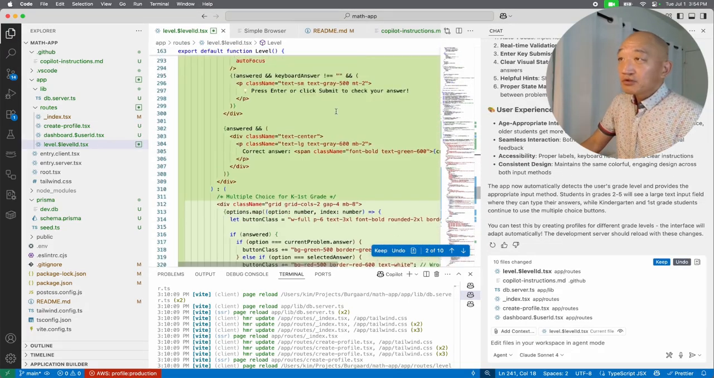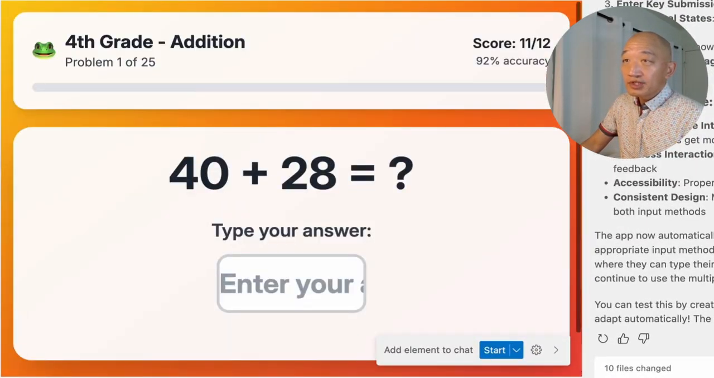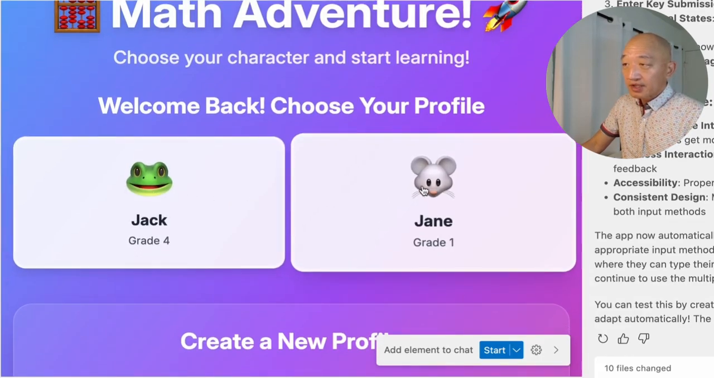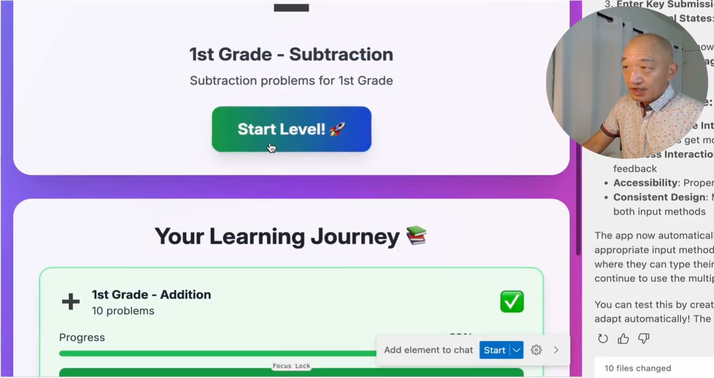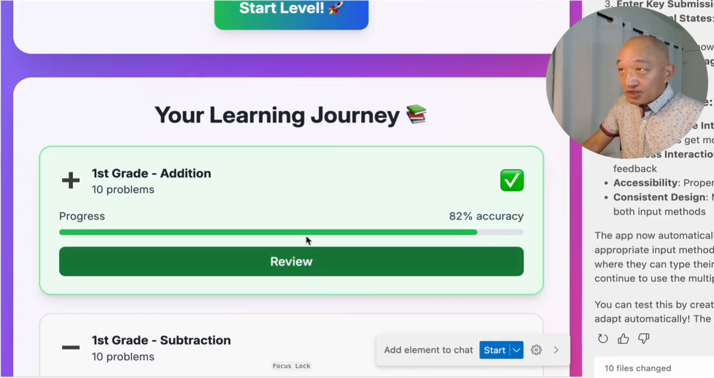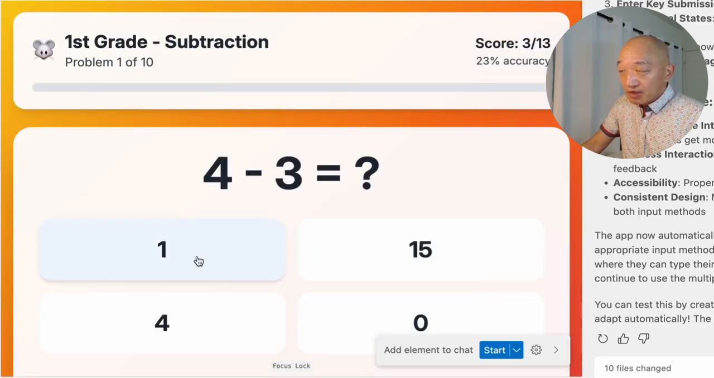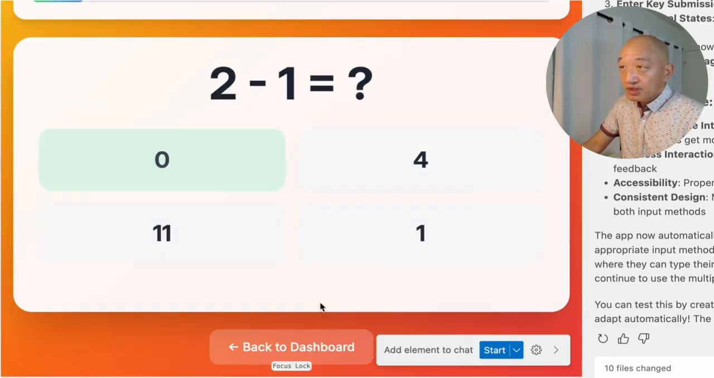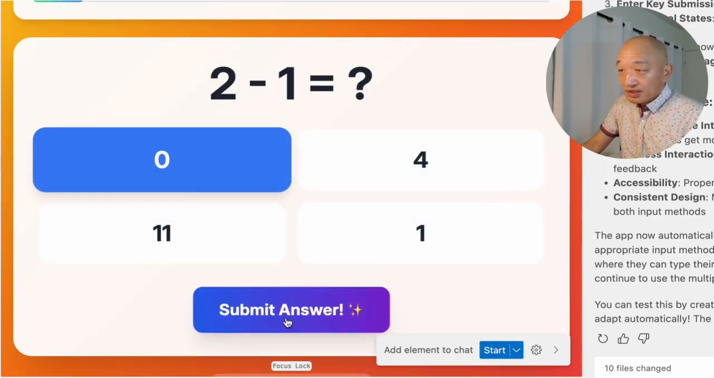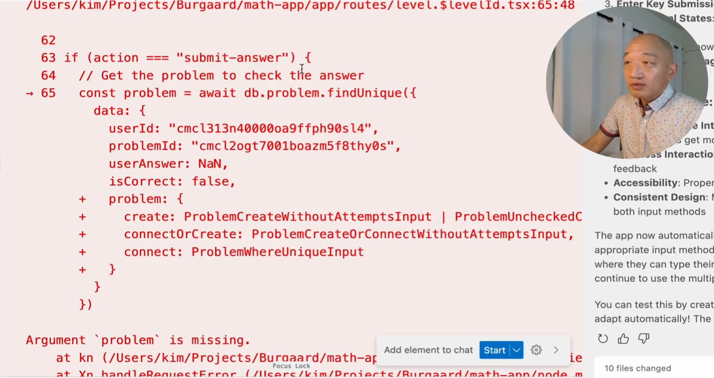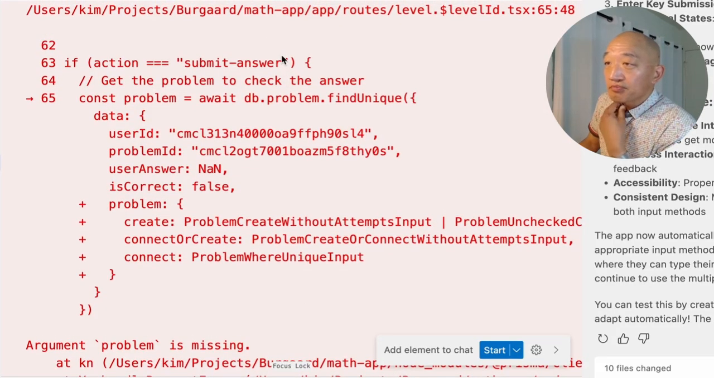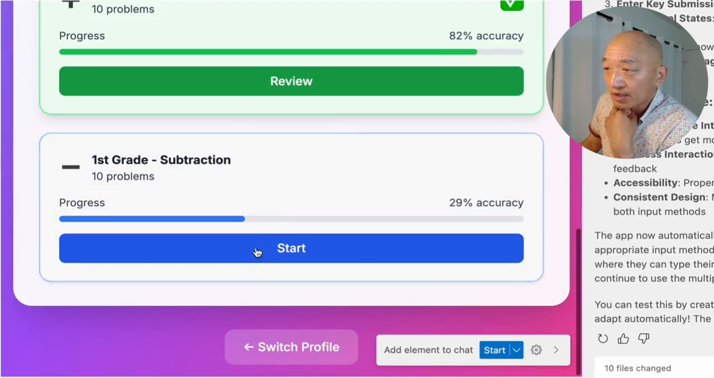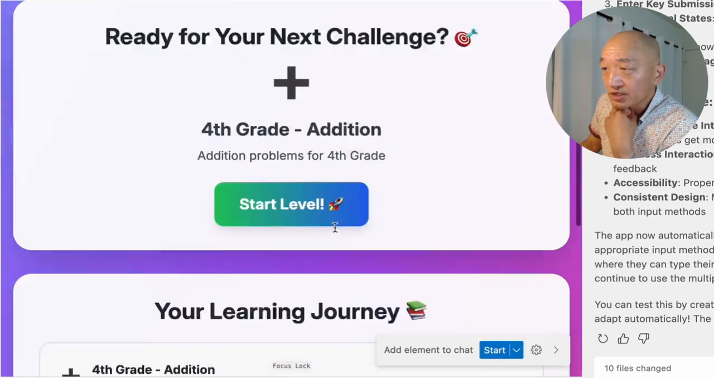Okay, it wrapped up. So let's take a look at what we got. We see immediately the page reloaded with an input field. Let's just double check that the first grade still uses multiple choice. It does, and let's just try a couple of inputs. Next problem, let's get this one wrong. Oh, so we have an issue with submitting potentially wrong answers. We're gonna have to come back and debug that. And now let's actually test the